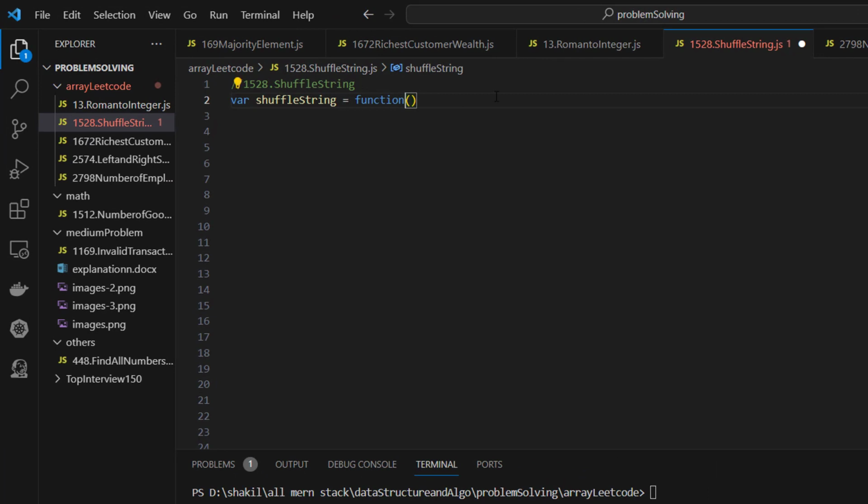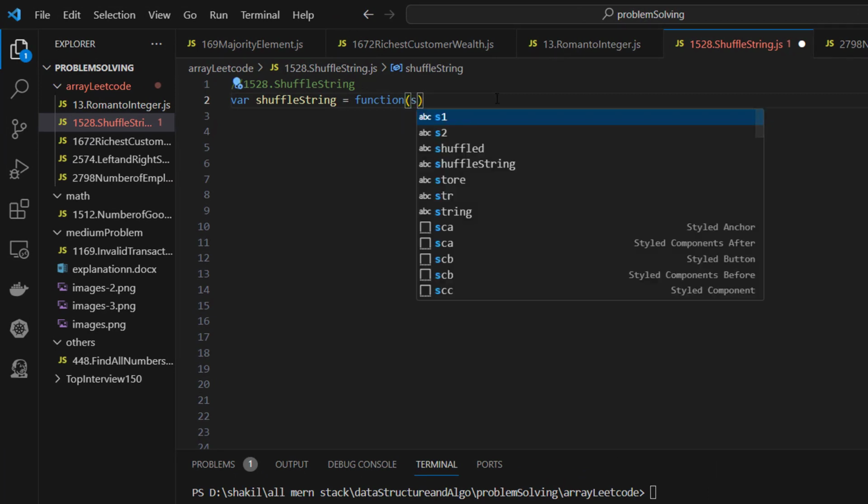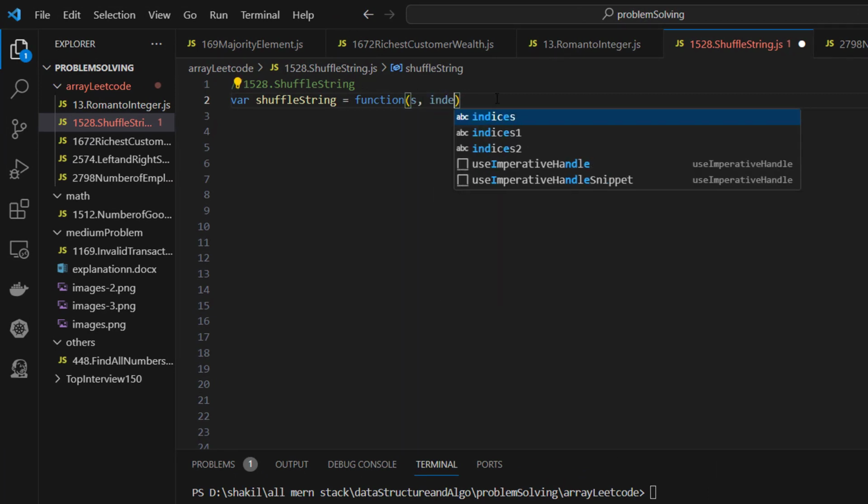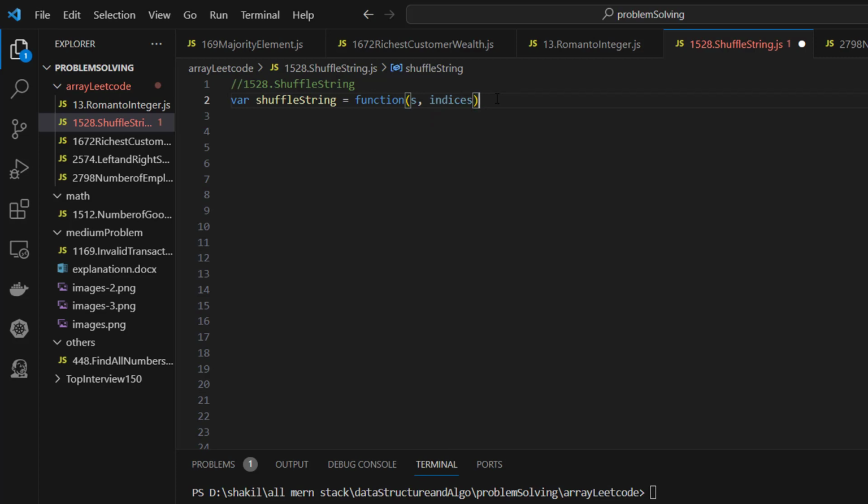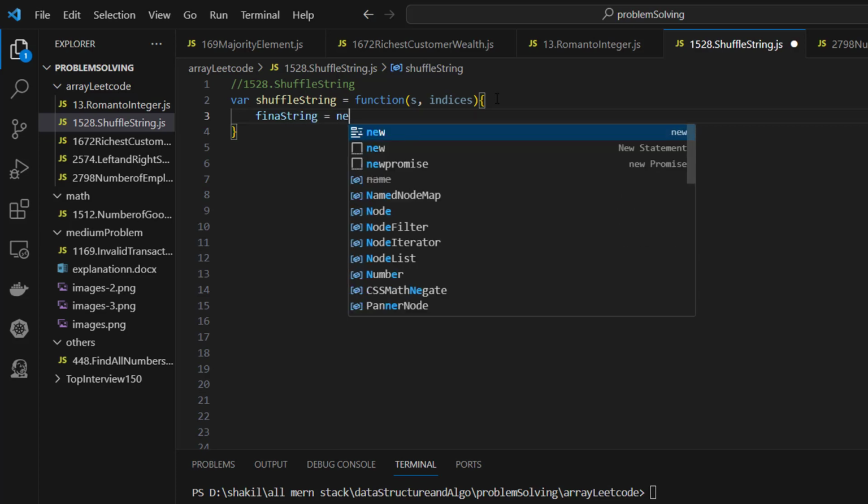So one is s, meaning string, and indices. First of all, we need to create an empty array in an orderly fashion. The empty array should be like that: 0, 1, 2, 3, 4, however it is supposed to be. Okay, so final string equal to new